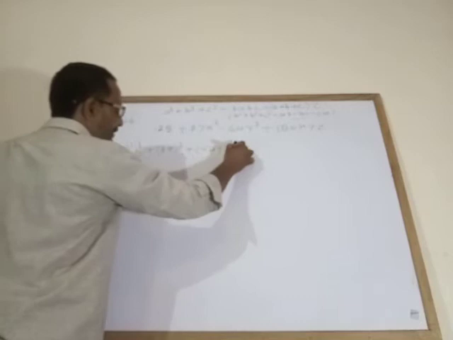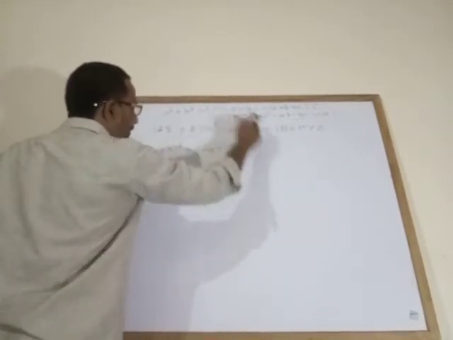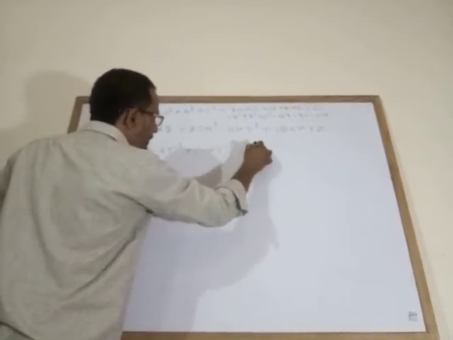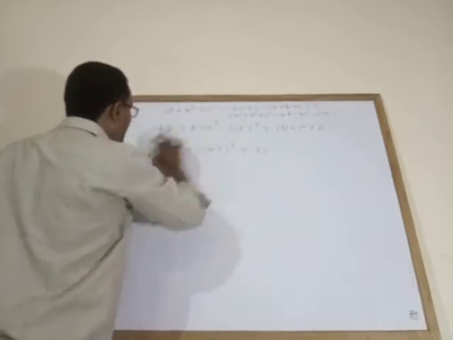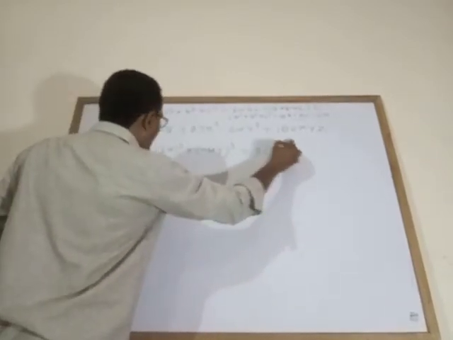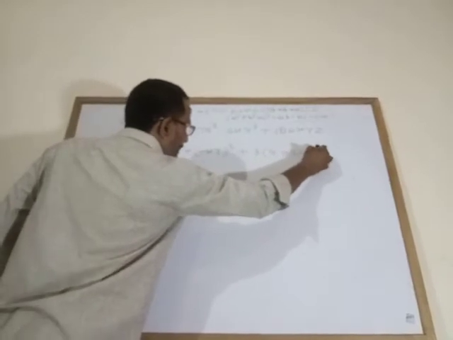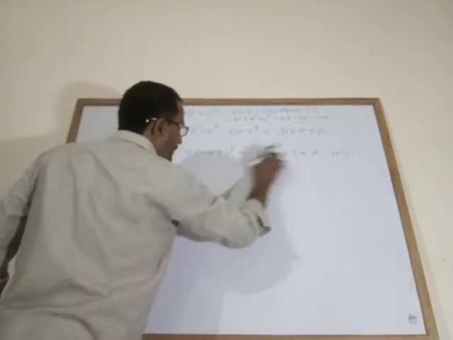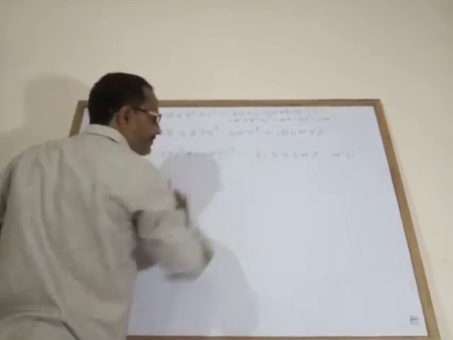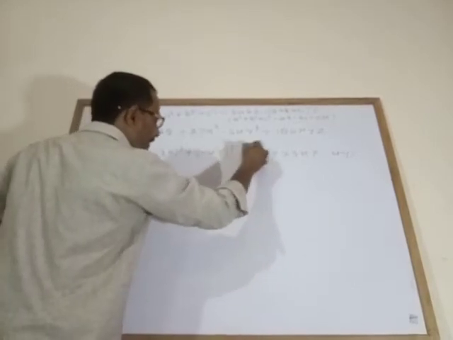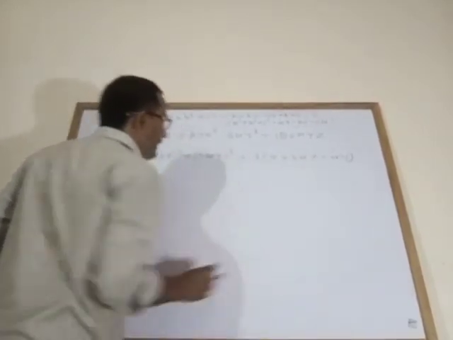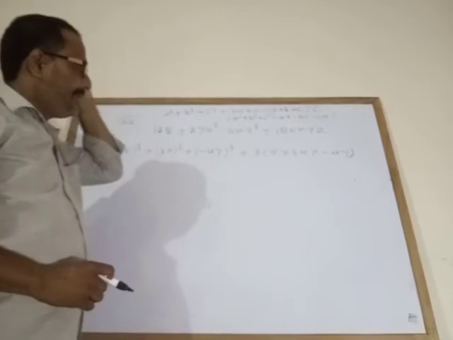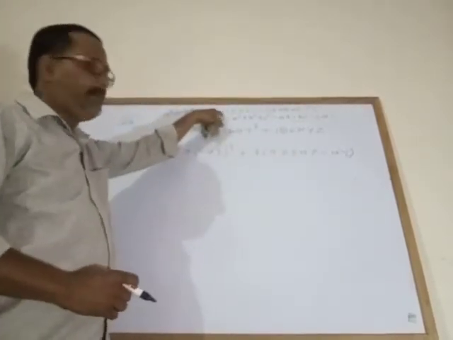See, plus 3, I am writing here minus. The a value is 5, the b value is 3x, and the c value is −4y. Minus into plus means here it will be minus. So no need to change it, here I give minus. Now this is in the form of a³ + b³ + c³ − 3abc, plus into minus here will be minus, same formula.